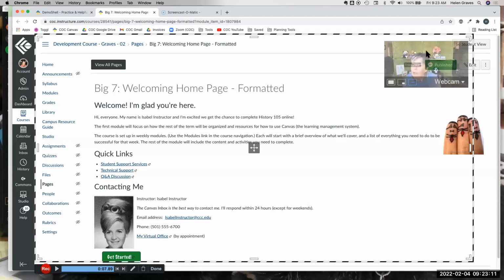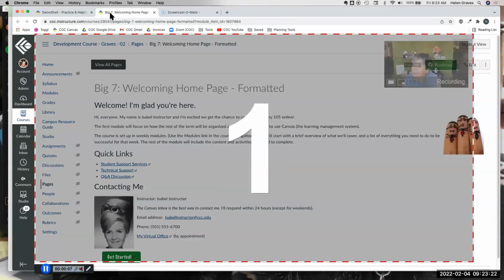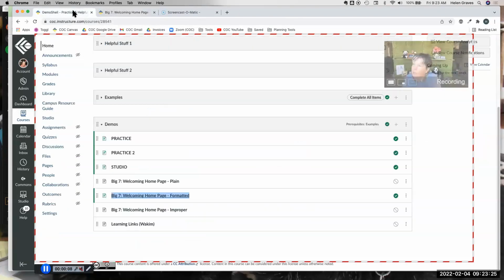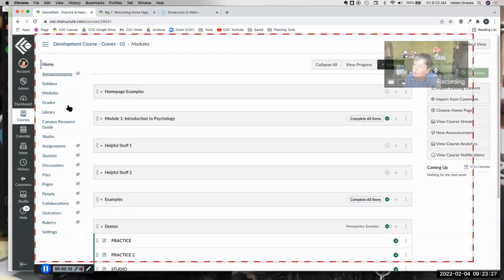But when you hit done and watch in the actual edit mode, you're not going to see yourself during the portion where you selected screen only. So now I'm going to say a little bit more. Counts down again. I say, okay, so here we are in the modules area, and I'm going to show you how to navigate. So then I stop my video. I will hit done.